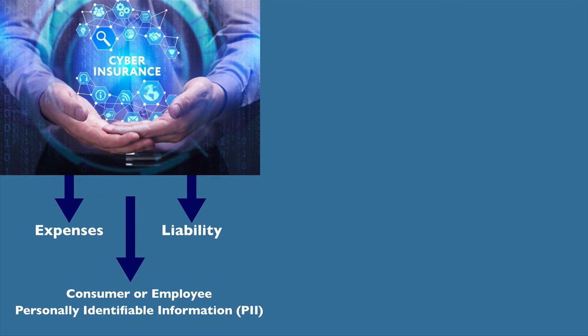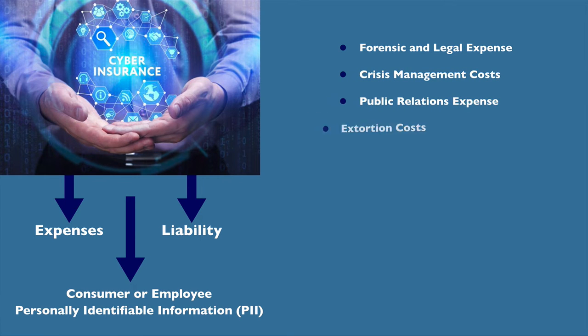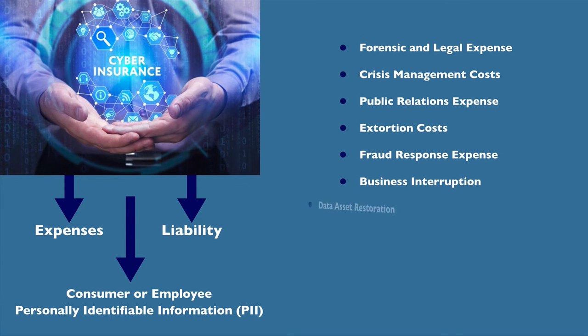A cyber insurance policy covers expenses and liability resulting from the release of consumer or employee personally identifiable information, also referred to as PII. These can include, but are not limited to, the following costs: forensic and legal expense, crisis management cost, public relations expense, extortion cost, fraud response expense, business interruption, data asset restoration, third-party liability, notification cost, and